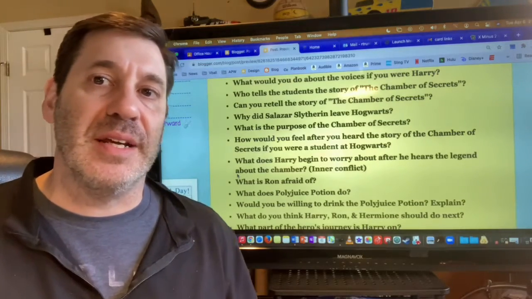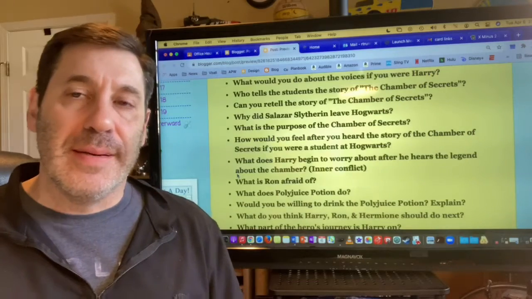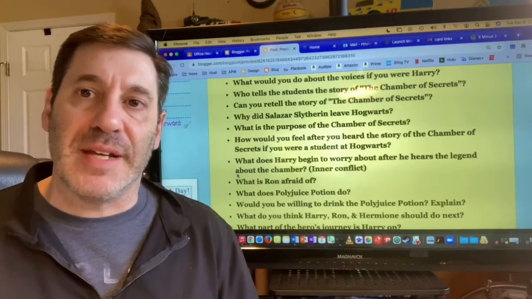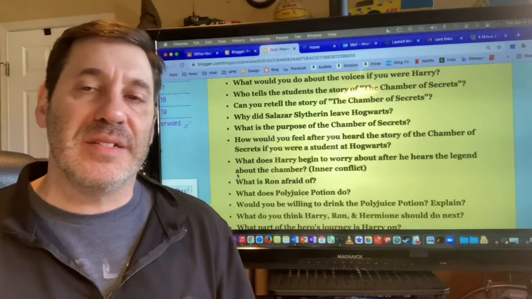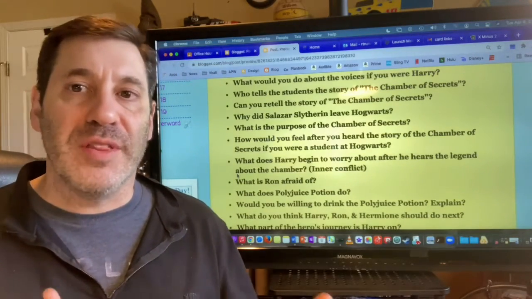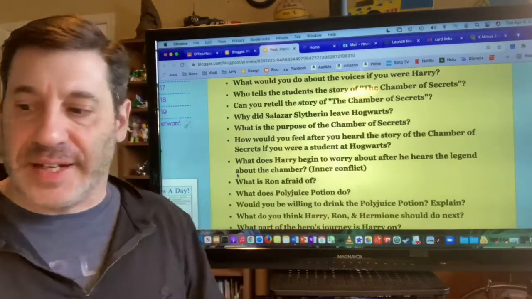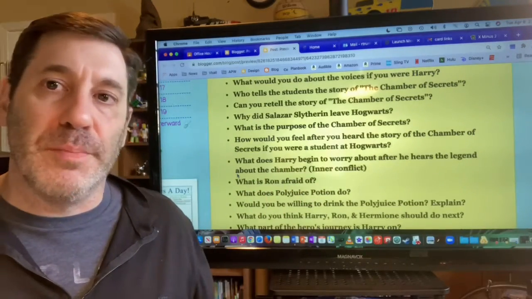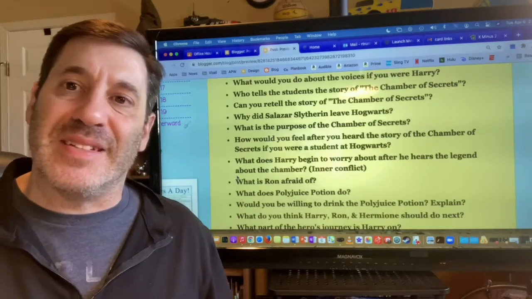He's the one that can hear this voice. The Sorting Hat wanted to put him in Slytherin. Maybe, unknowing to himself, he's the actual heir of Slytherin, and maybe somehow he is the one responsible for these events that have been happening. And we see this inner conflict. And this is going to be an important part of our story as we move forward, because ultimately, it's this